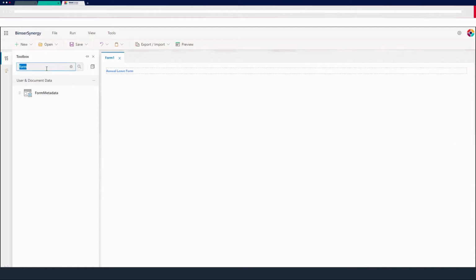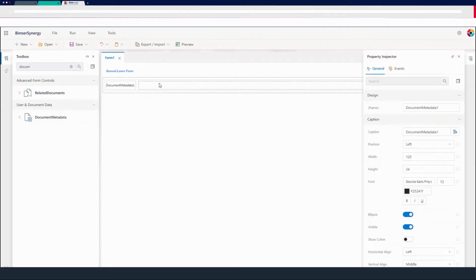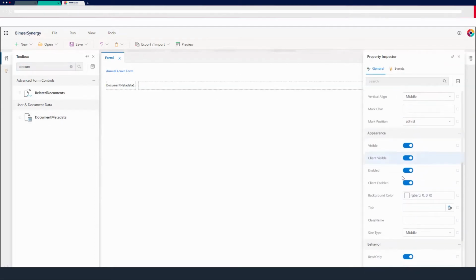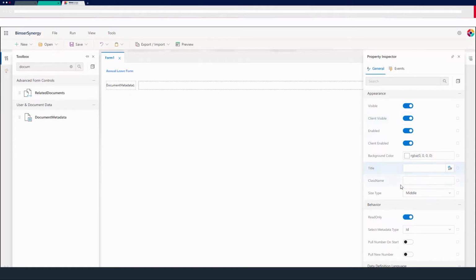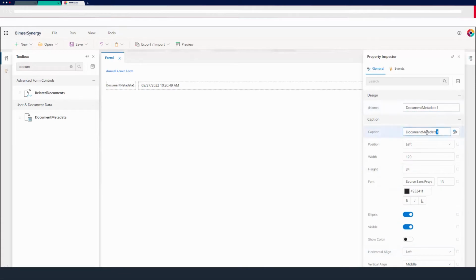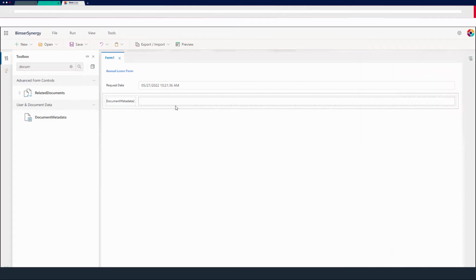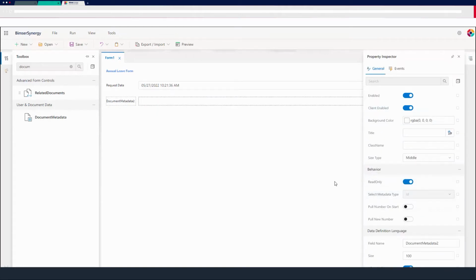Then I am adding a document metadata object and I am changing its property as create date, and I'm changing also its caption as request date. Then I'm adding another document metadata object and I'm changing its data type as ID, and I'm selecting